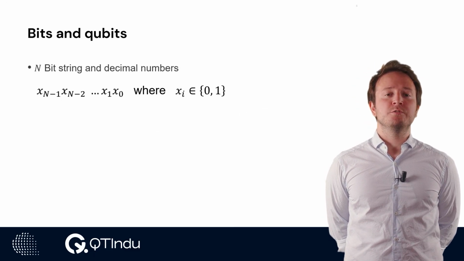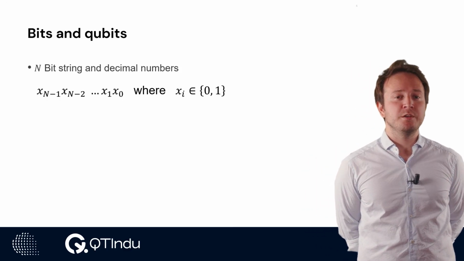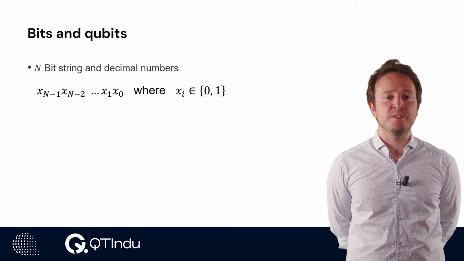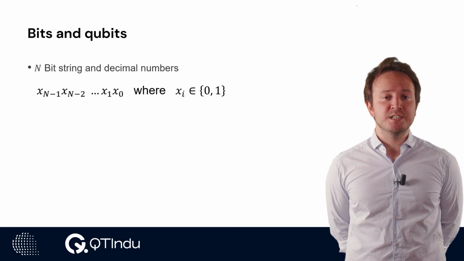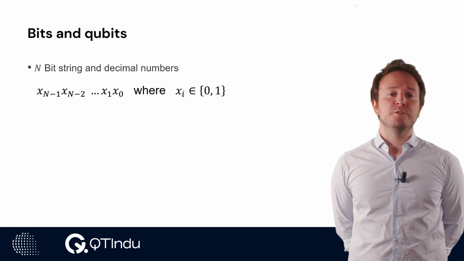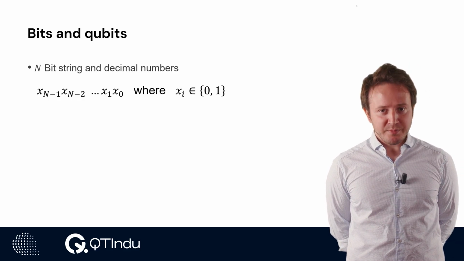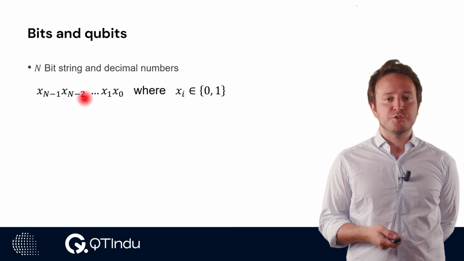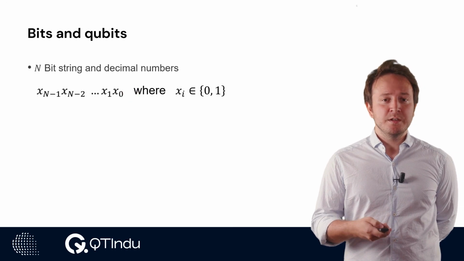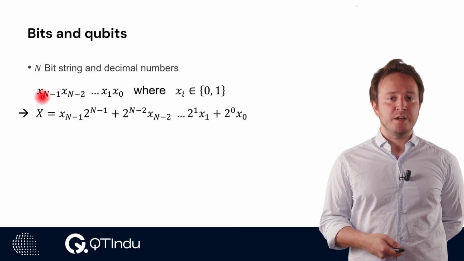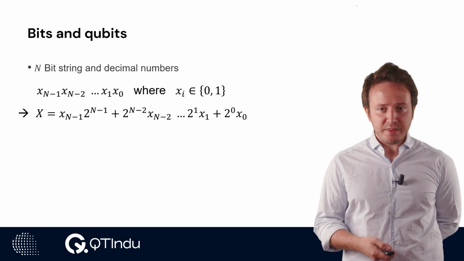Of course, in quantum computers as well as in classical computers, we don't just use a single bit. We in fact usually require a lot of them, and in particular we can compress them into n-bit strings that can be described as a decimal number by considering the following rule. When we have a list of n binary numbers, like this string that we can see on the screen over here, that contains a lot of zeros and ones, this can actually be seen as a decimal number just by multiplying each of these bits with the appropriate power of 2 and summing them up.